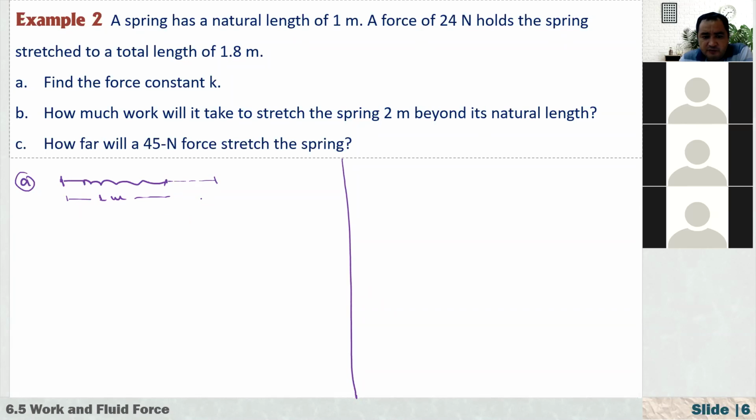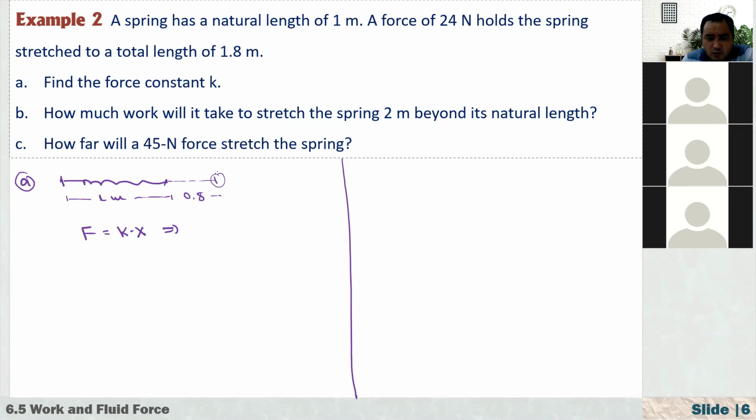So now, after we stretch this, it becomes 1.8. So what force is applied here? The force used to keep this at this length is 24 newtons. Now, using Hooke's law, F should be equal to K times X,